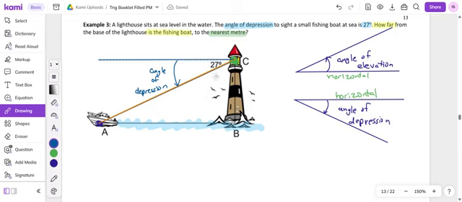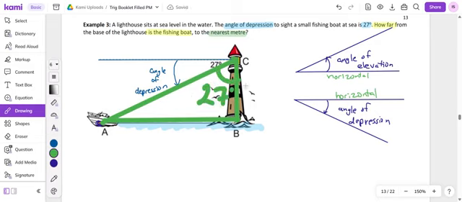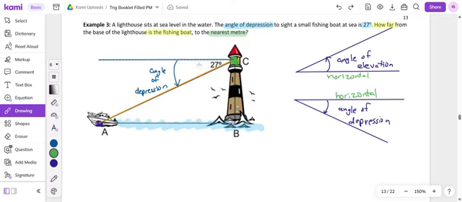Okay, please note, it is not this angle. That's a very common mistake. Someone will say, oh, but I want the angle to be inside this triangle, right? They'll say, it needs to be inside the triangle because this is my triangle. So this must be 27, but it's not because the angle of depression always goes from a horizontal line. Okay? However, we can use our parallel line theorems